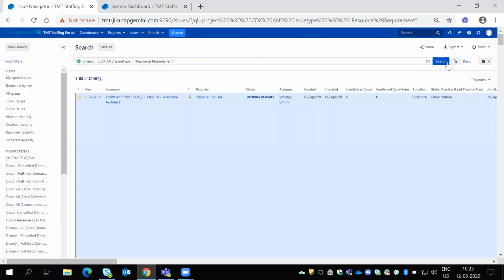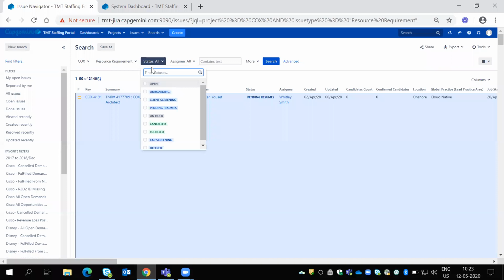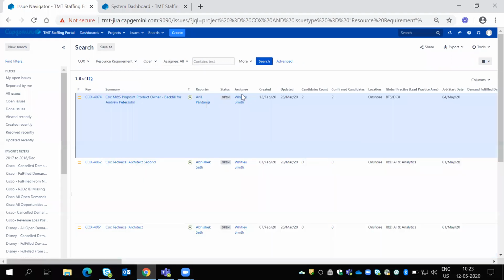Okay. So next I will click on basic. Next is status. Suppose status-wise, I want only open ones. The complete condition is: in the Cox project, in the resource requirement issue type, in open status, I have only 5.